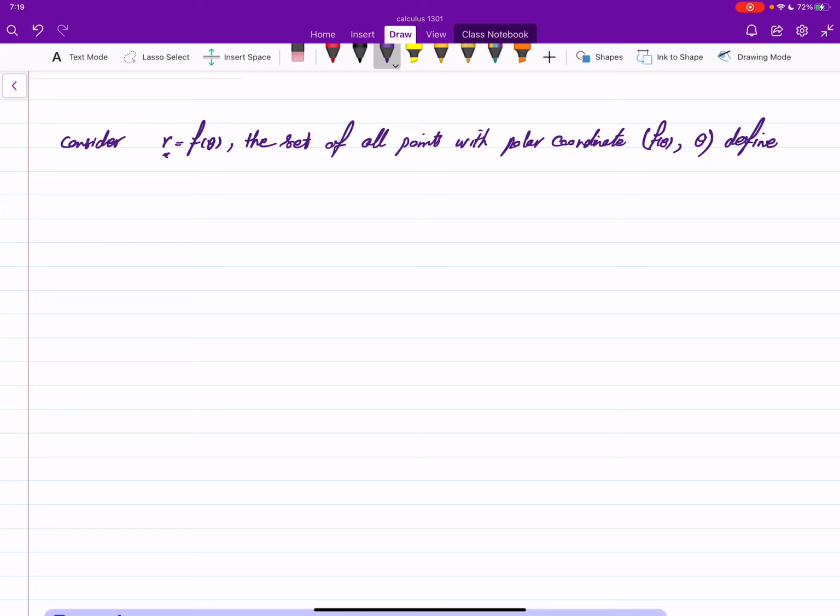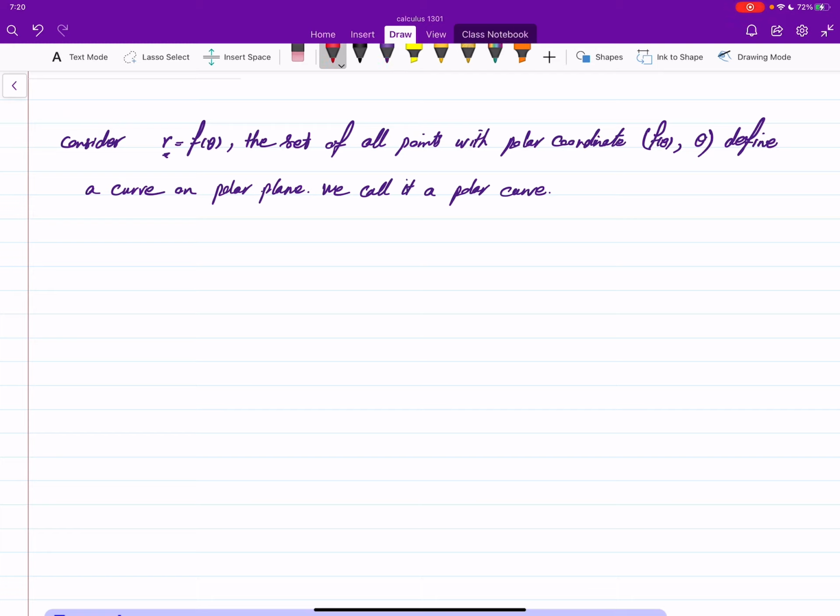All these points define a curve on the polar plane. We call it a polar curve. Similar to the Cartesian case, where x is independent and y is dependent,